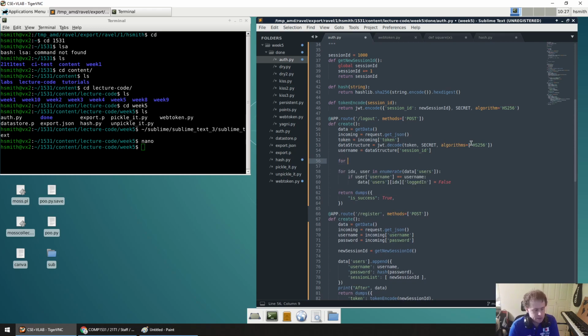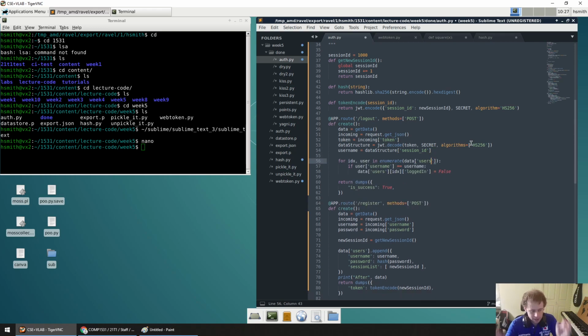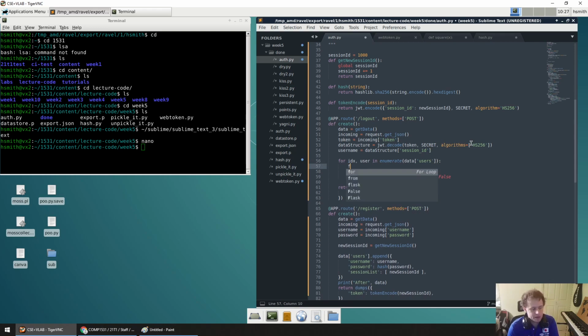Well, you kind of have to loop through, okay, for each user in the data users list. Then you kind of have to loop through each session in the data users index of session list. Data structures can be confusing, obviously, but if you just kind of stare at this for a bit,